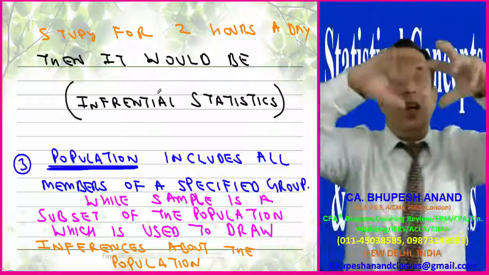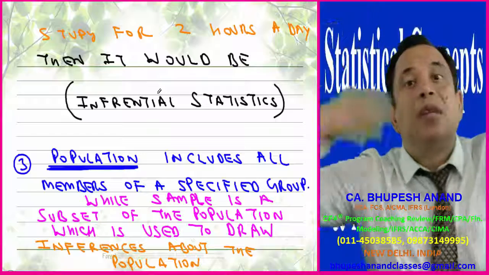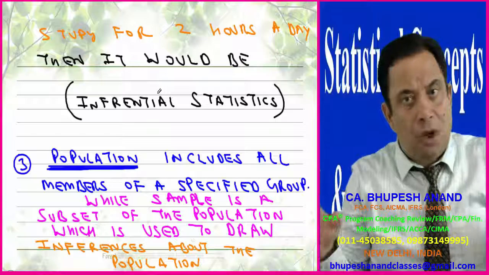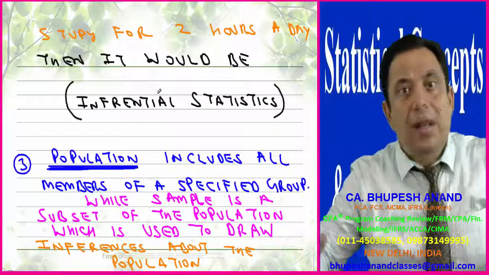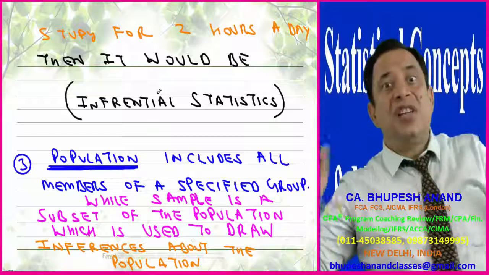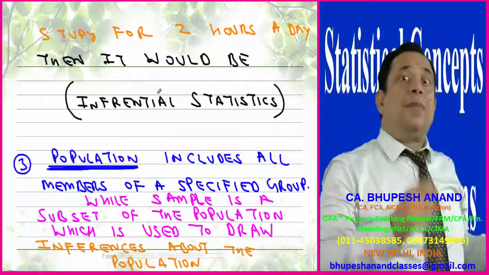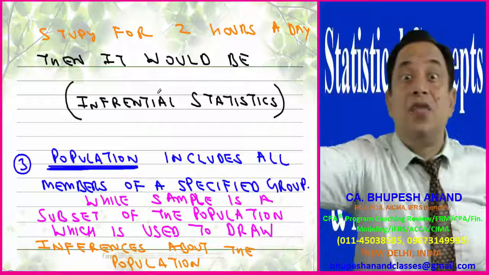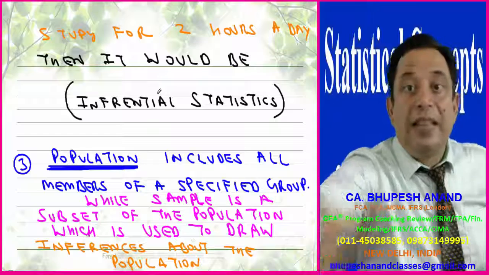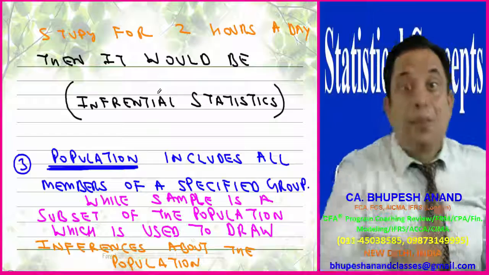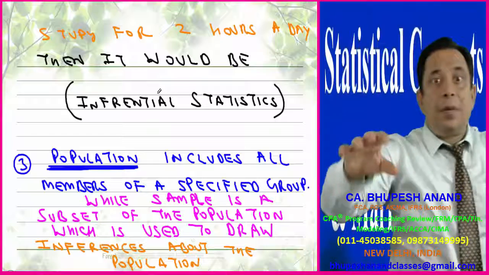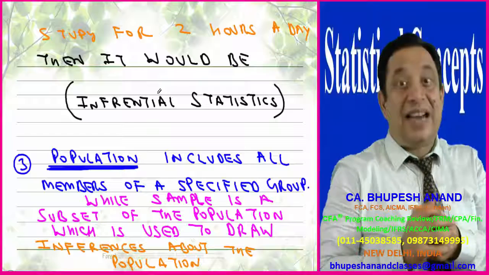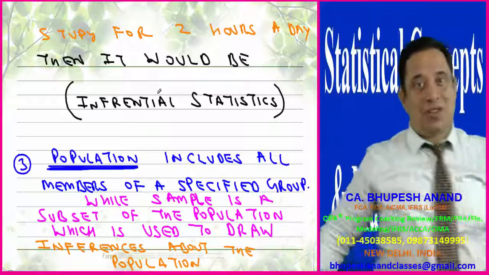For example, in an exchange, supposedly there are 12,000 companies which are listed. Supposedly, I'm just taking the example that in the Bombay Stock Exchange, 12,000 companies are listed. So I am calculating the average change in the market price. If I am adding all the changes in the market price of all 12,000 companies listed in the Bombay Stock Exchange, and then calculating the variation, it is a population because I'm taking all 12,000 companies. But if I take only the variation in those 30 companies, that is the Bombay Stock Exchange Sensex.